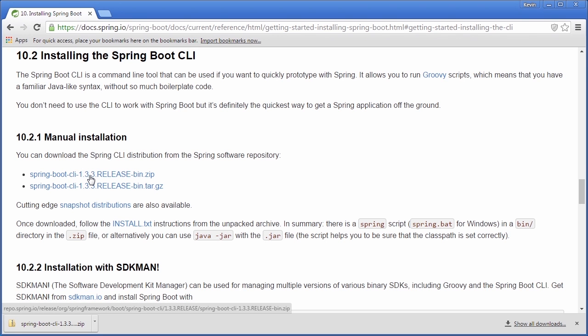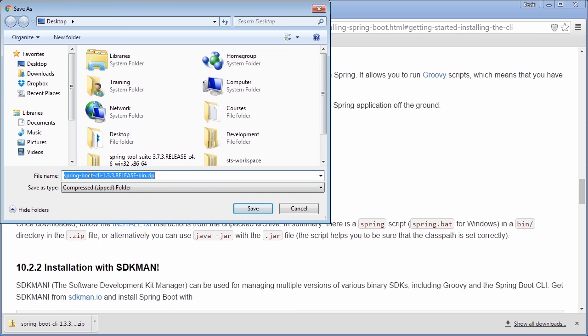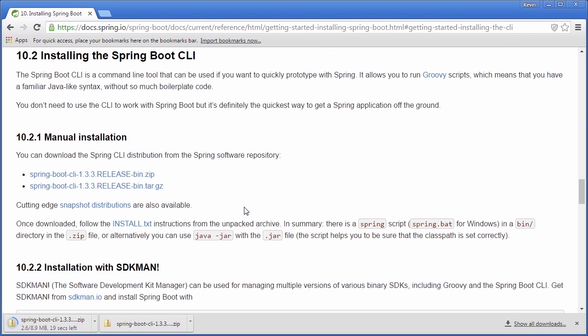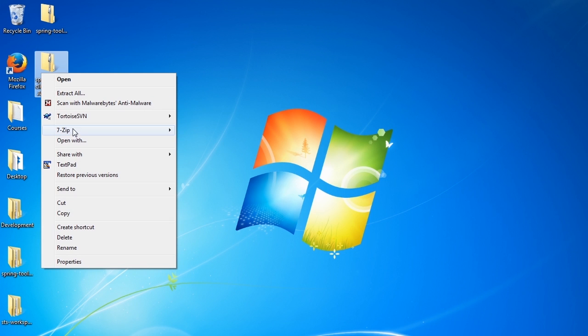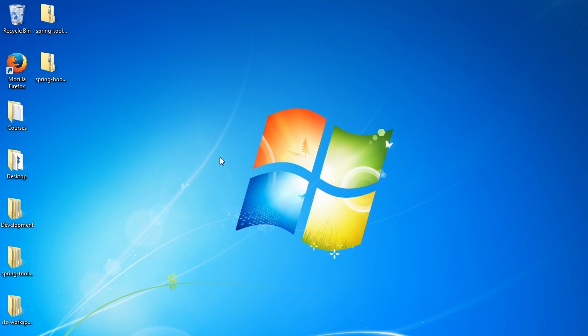Spring Boot CLI. And all you need to do is click on that zip, and it will prompt you to download it. So I'm going to go ahead and I will save the Spring Boot CLI zip distribution. And then once it is done downloading, I'm going to navigate to my desktop where I have stored the software. At this point, we simply extract the software to our desktop, and now we need to put the software onto